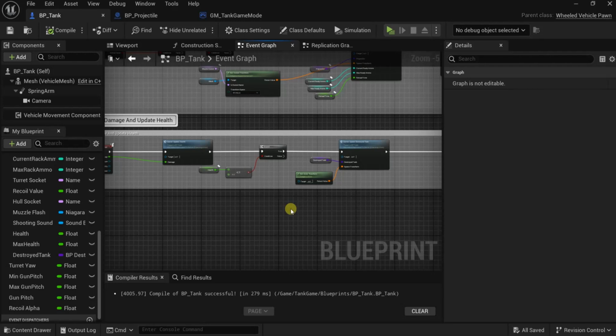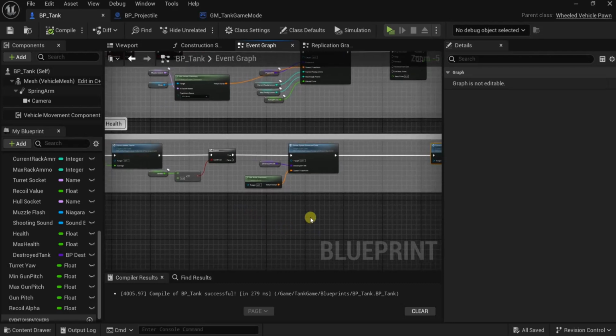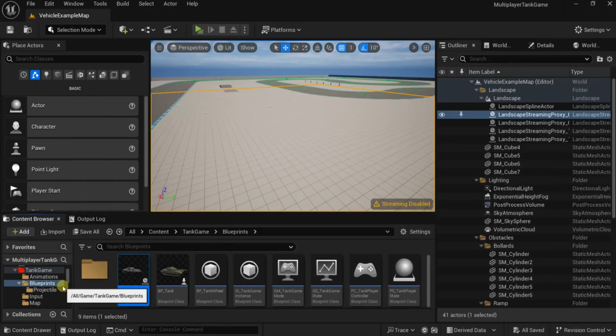The easier one is the cast, but especially as we progress in the making of the game, the game mode blueprint will be big and it is very heavy on performance to spawn the game mode every time the player is destroyed. So it is better for performance to use the interface. And how do we use the interface? First of all, we need to make a blueprint interface. In the blueprints, first,